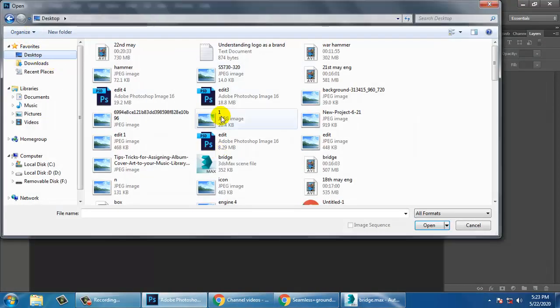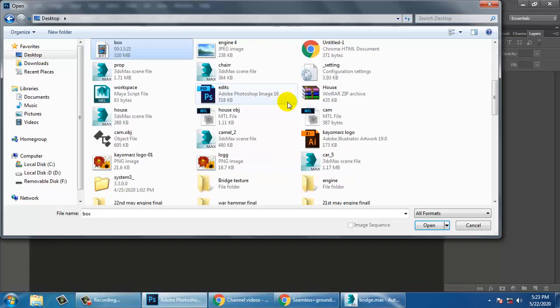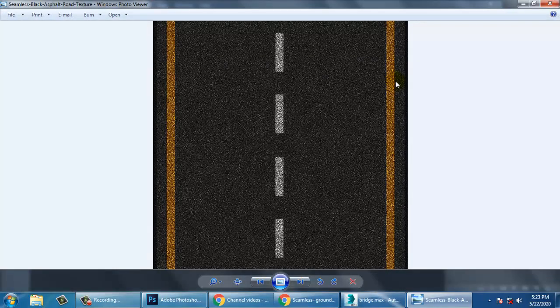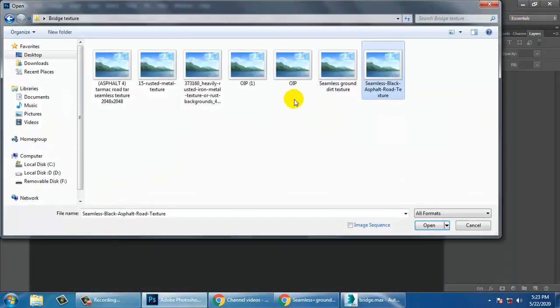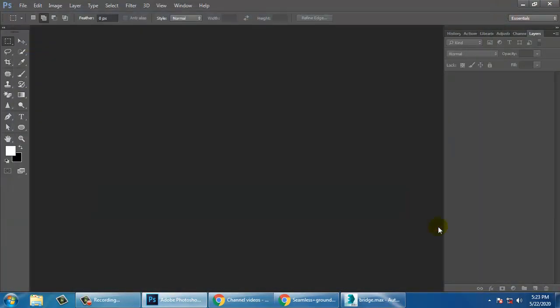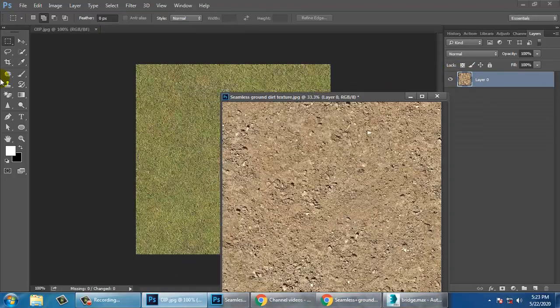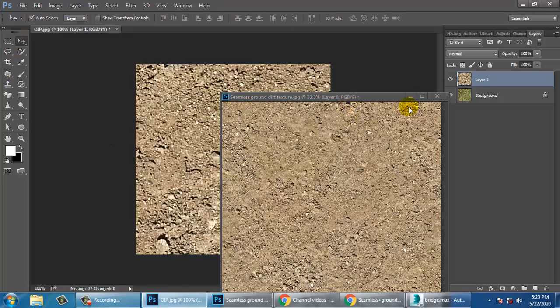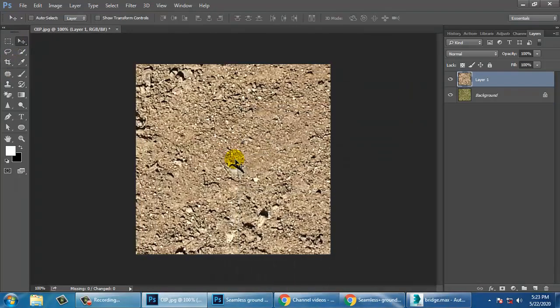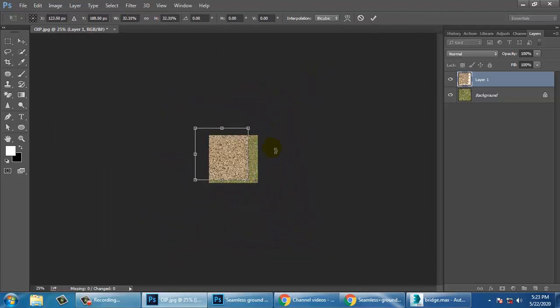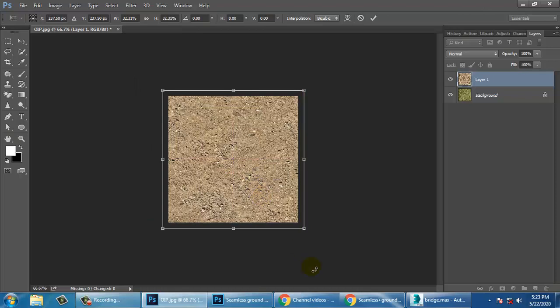Let's go into this texture, seamless. There are both the textures. So select both the textures, drop this on top of it. Let's resize the texture over here.